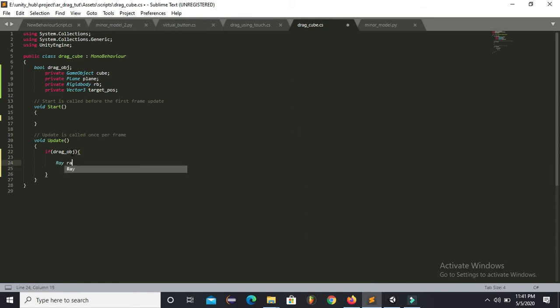I will use a ray. So basically we want to throw a ray from our camera to the point where we tap on the screen.